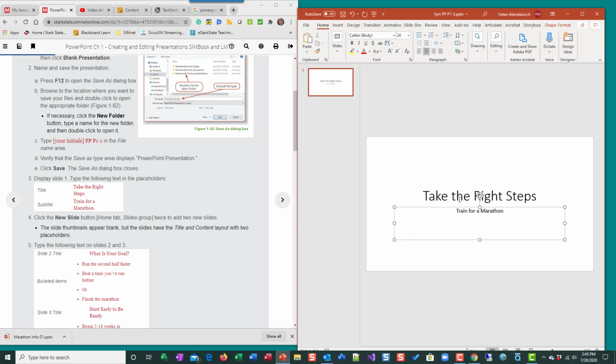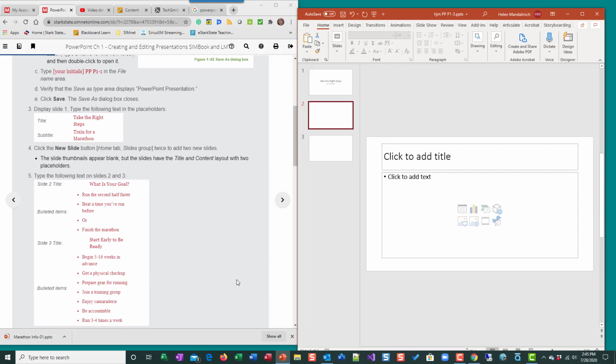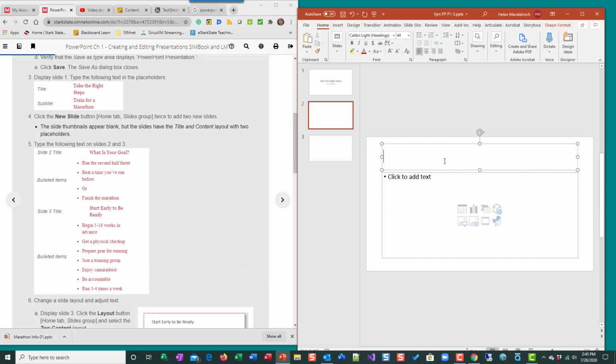slide, and I want to add a new slide. So on the Home tab, in the Slides group, I just want to do New Slide, and we're going to do that twice. So we have a Slide 2 and a Slide 3. On Slide 2, we're going to add the text here. What is